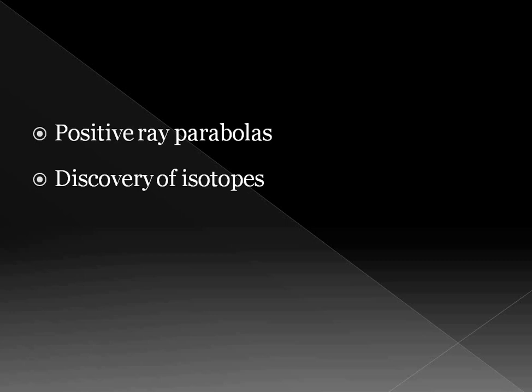Next is the discovery of isotopes. The existence of isotopes was first suggested in 1913 by the radiochemist Frederick Soddy, based on the studies of radioactive decay chains that indicated about 40 different species referred to as radioelements. How he discovered these isotopes, for our general knowledge we can read.